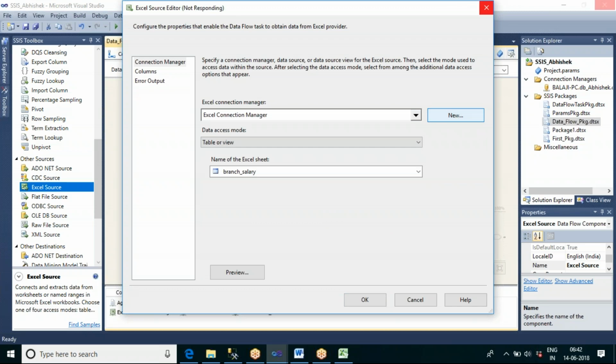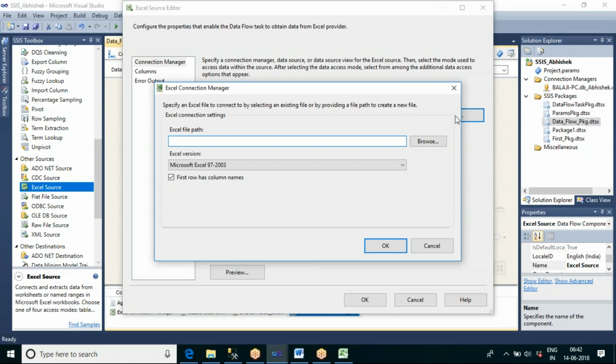The connection to the Excel file is not there, so let me create a new connection to that Excel file. Now let us go on browse.